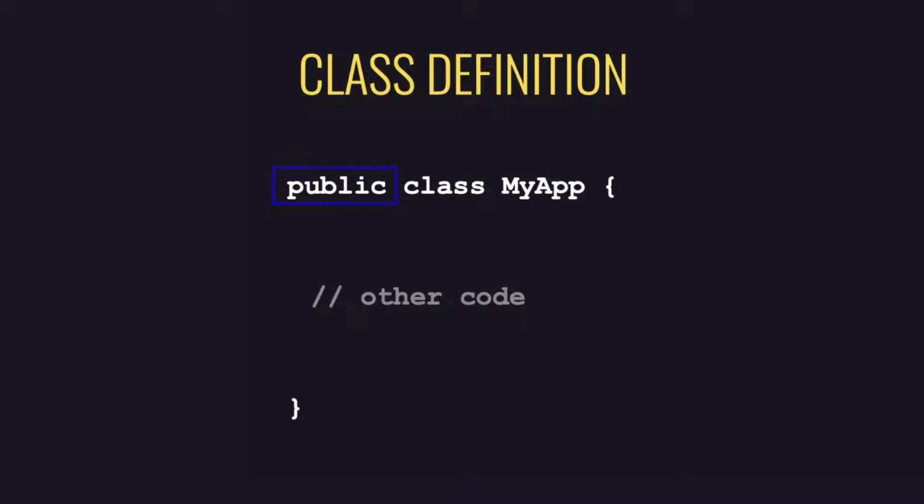Now you'll also see this word at the front, which is public, and that's because in general, most things that you declare in Java can have what's known as a visibility modifier. That's just a fancy way of saying how visible that thing, in this case a class, is going to be to other items inside your program. With this word, public, it means that everything inside the scope of the program will be able to see the class myApp. We'll see this a bit further down the line when we code a quick class up in an IDE, but that's basically how you declare classes inside Java.